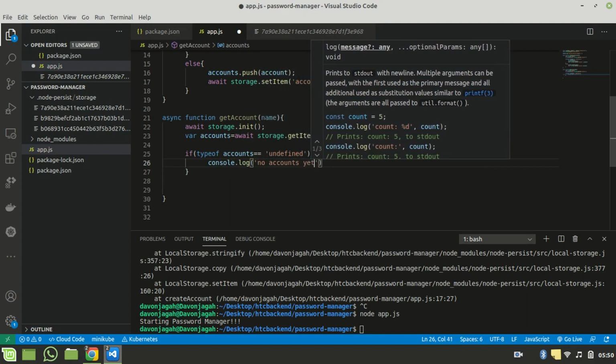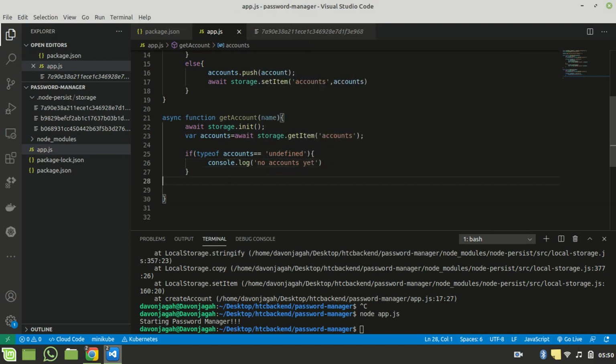No accounts yet, actually. So our else statement will now be